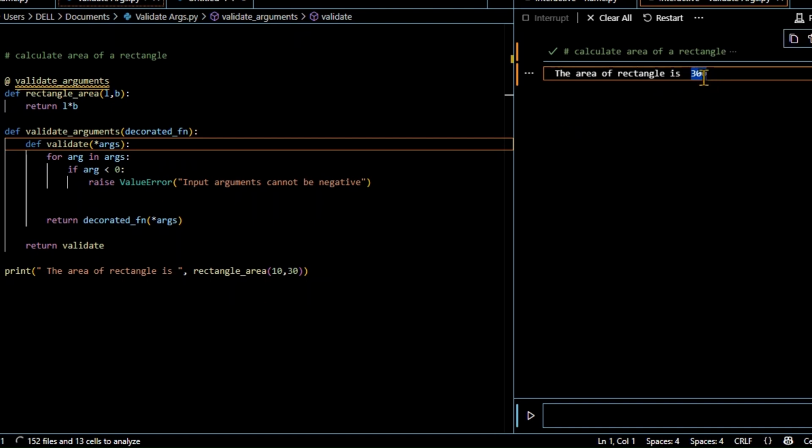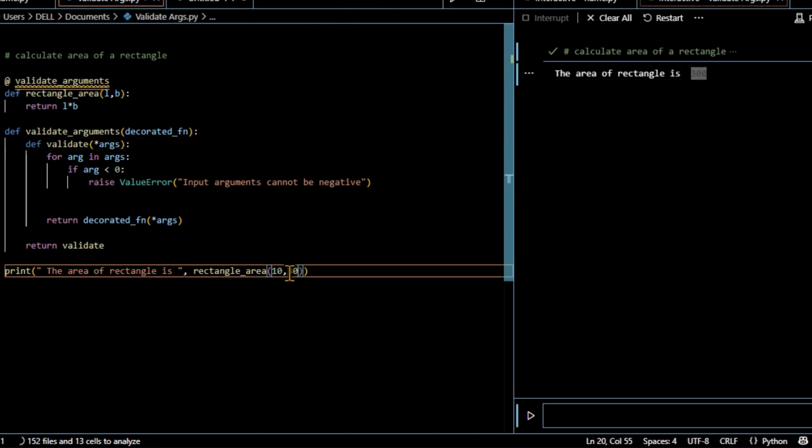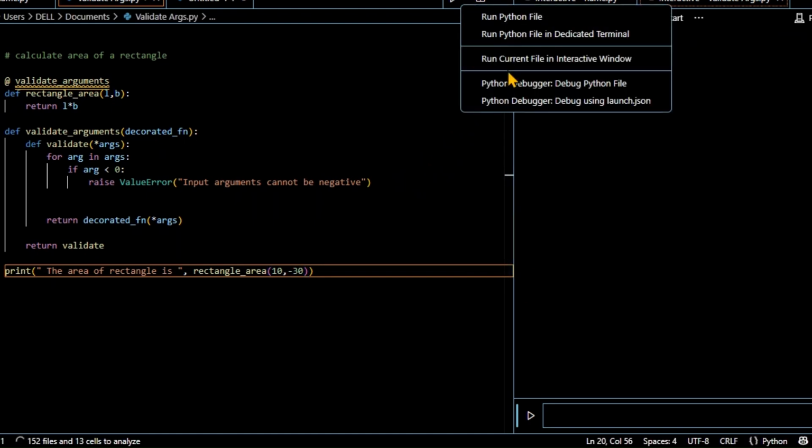So this output we are able to get when we pass the positive numbers, right? But let's check the scenario when one of the arguments is a negative integer. So I am making it minus 30, and now when I run this,